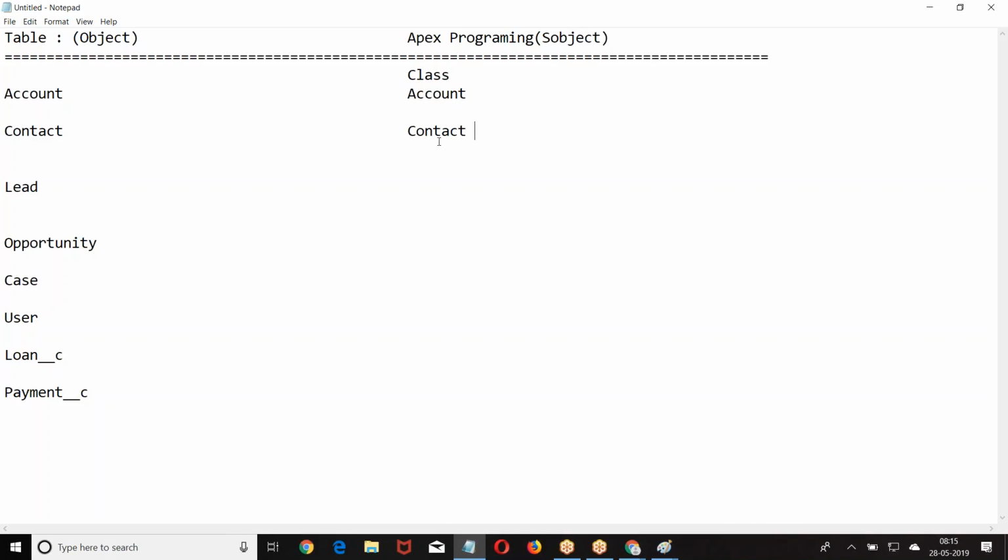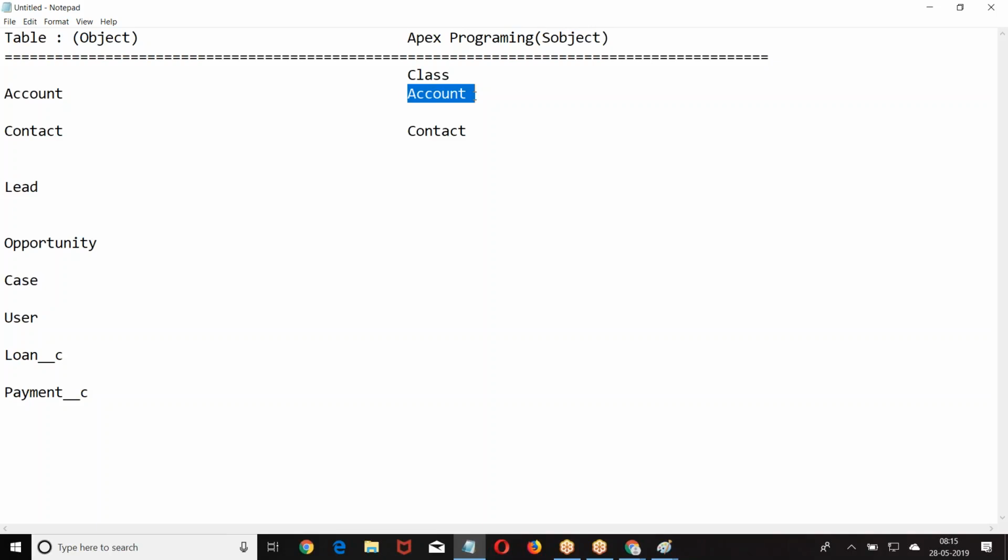What fields are there in this table? Those fields become the variables of this class. If you want to refer to a table in programming, you need to use the corresponding class. For every table, Salesforce has created one Apex class.